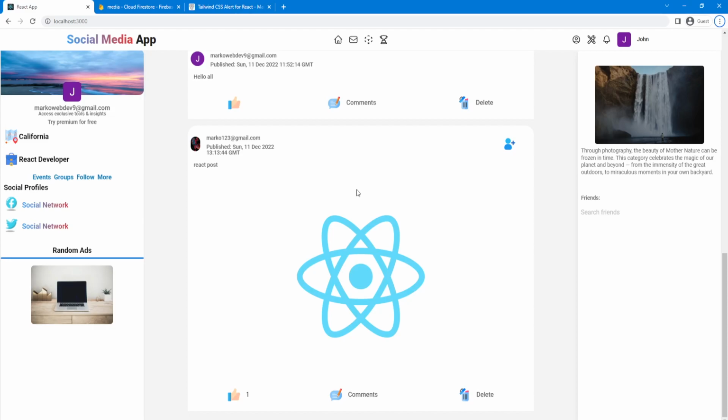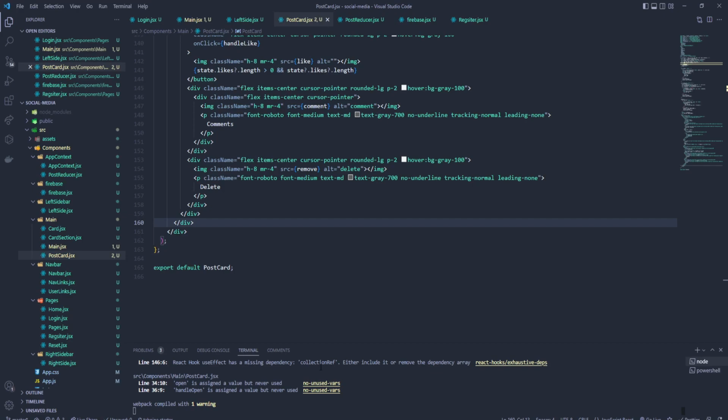Hello everyone, in the previous video we covered the like button and add a user or add a friend button, and in this video we're gonna add comments. So let's get started. Let's open our application, and over here in the main let's create two new files, one